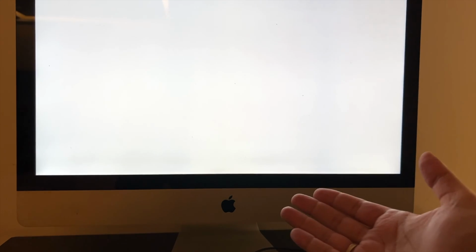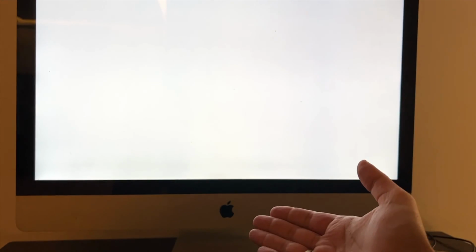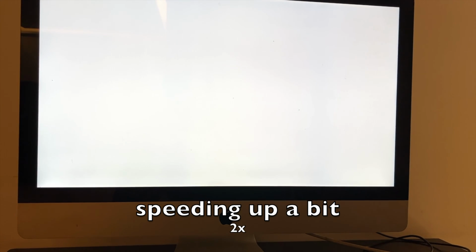The speed is almost the same as on the SSD and on the SATA. I didn't really notice any difference. Maybe my formatting was different, but it does run macOS Sierra somewhat smoothly. I think the boot up time is about a minute or two, which is okay, I guess, but we're gonna